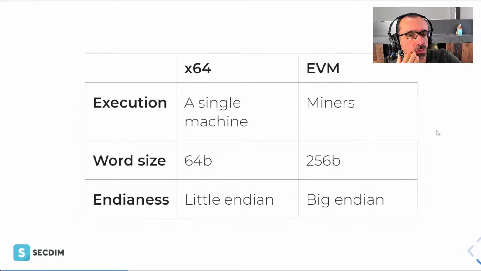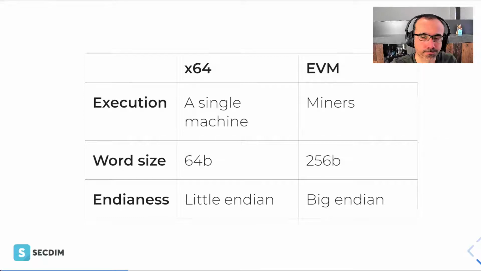The other thing that is good for us to know is the size of effectively the word size. The size of the register on a 64-bit machine is 64 bits. When it comes to the EVM, yes, we don't have registers, but the size of every item that we put on the stack is 256 bits. Why does that matter? We will see that later. So effectively, that is the fixed size that we're going to deal with. And finally, just for completeness, our 64-bit machines are little endian, but the EVM is big endian, like a network protocol.